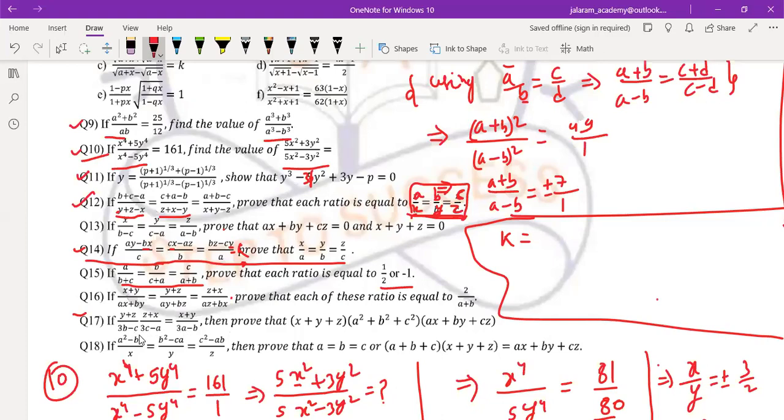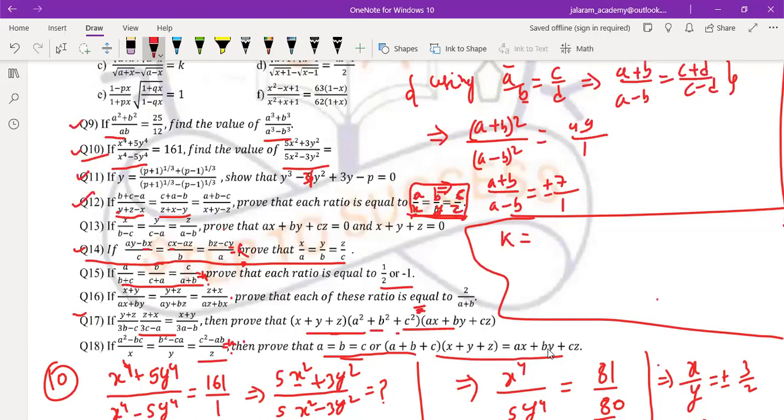Okay. Question number 17. In this also, x plus y plus z into a square plus b square plus c square, we have to make a correction. It must be equals in between. All these will be solved with the same methods. When we take these three ratios equals to k, then k equals sum of antecedents upon sum of consequents. So first you have to think about them. And similarly in question number 18 also, we have to do the same. When we take it equals to k, again take the sum of antecedents upon sum of consequents equals k, or otherwise also you can prove it if you can.